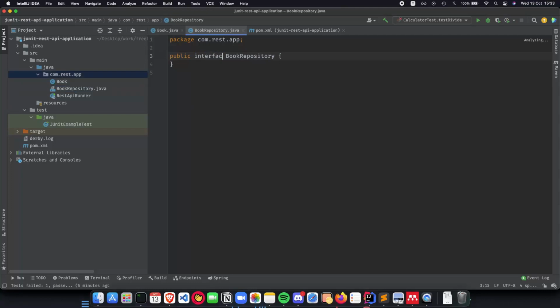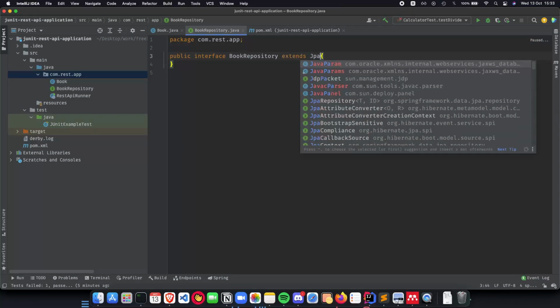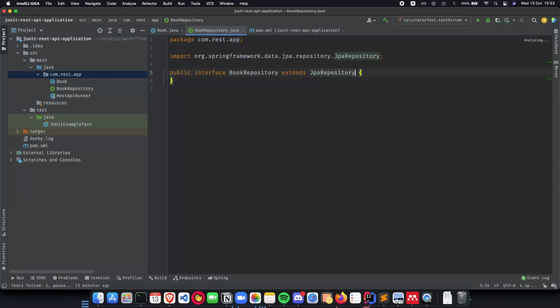This can be an interface, and all it does is it extends JPA repository, and it has the book and the ID, which is long. And now with this, we have our book repository ready, and we can actually do create, update, delete with our repository, and it will help us understand how all of this works.